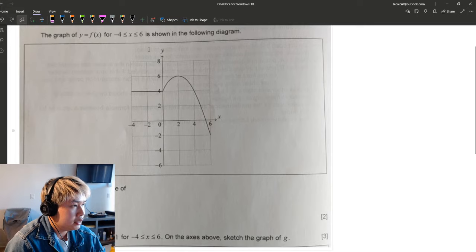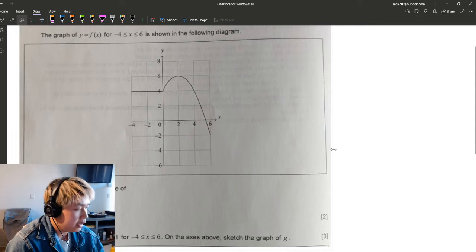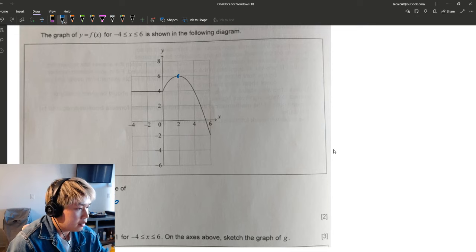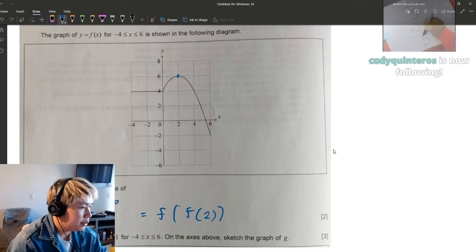Okay, we got a function from -4 to 6 like this. Then we need to write down the value of f of 2. Well, that's easy enough. That's just 6. That's probably just 1 mark. And then we need to find f of f of 2, and from part 1,